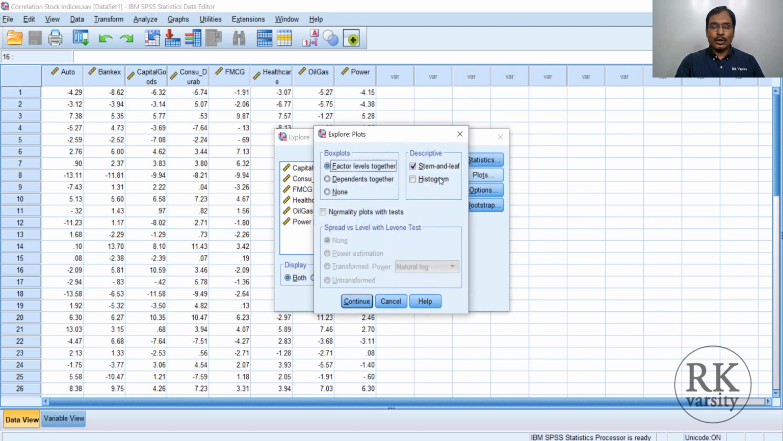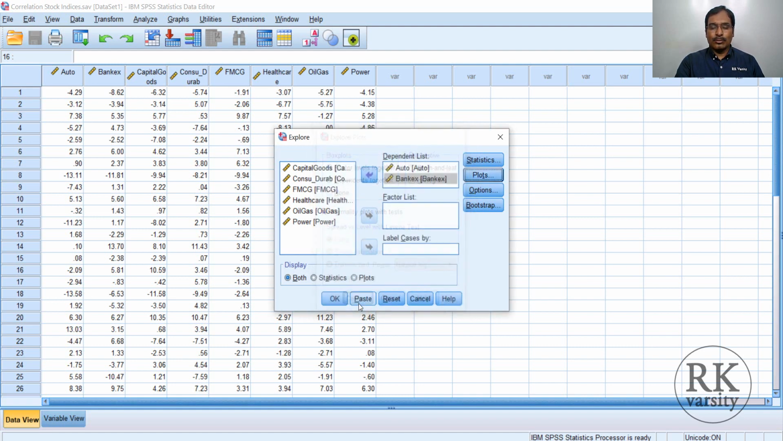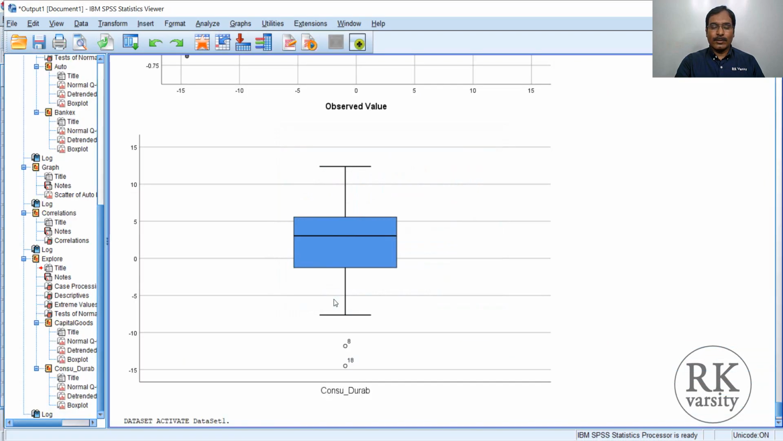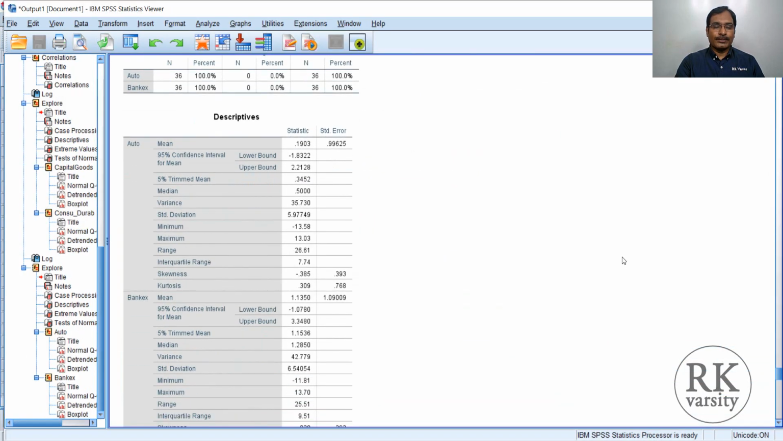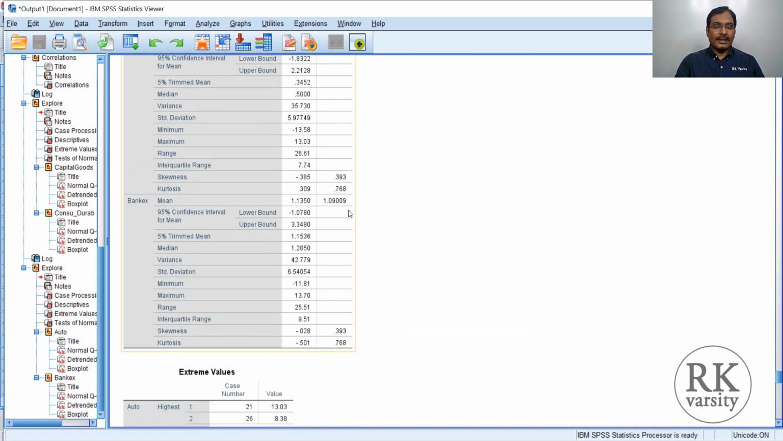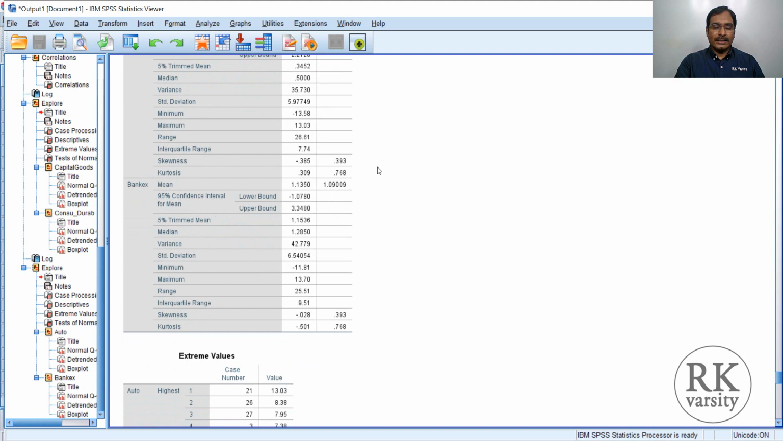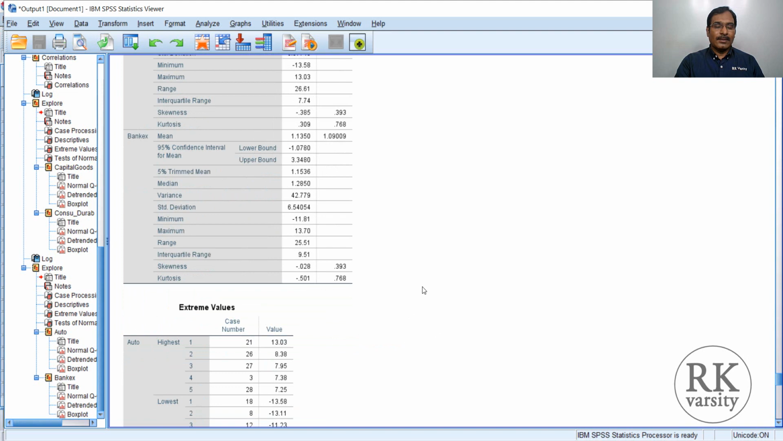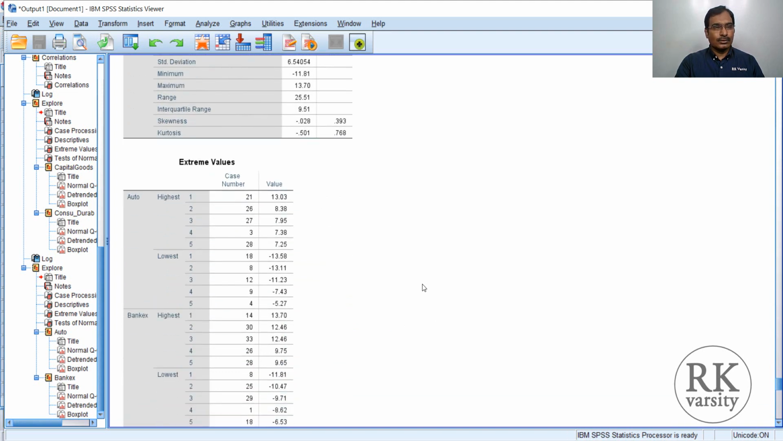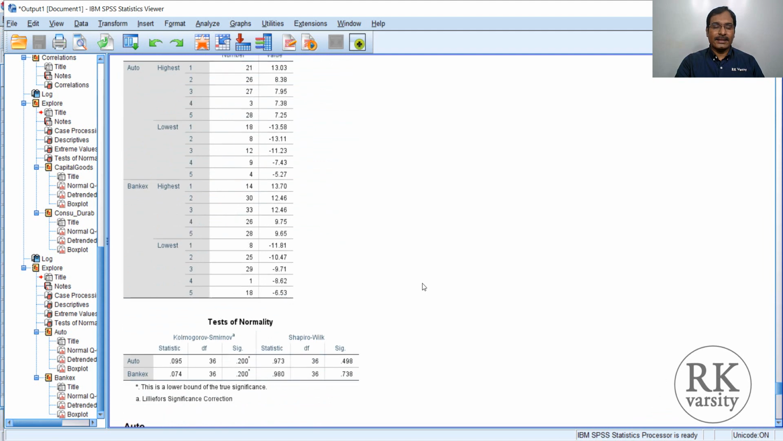Similarly, go to Plots, then uncheck Stem and Leaf, and let the box plot be. Then select normality plots, click Continue, then click the OK button, and you will have an output here. To check normality, we use the skewness and kurtosis, which are very close to 0: minus 0.35 and 0.309 for Auto, and 0.28 and minus 0.5 for BankX. Both values are very close to 0,